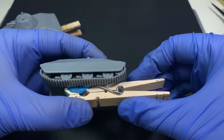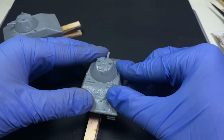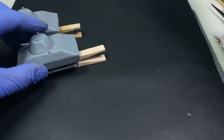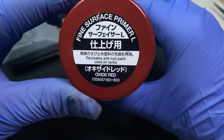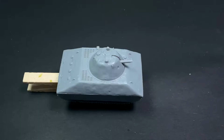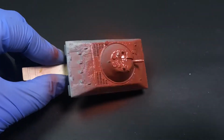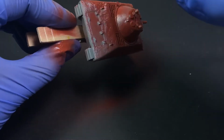A good way to hold on to your models without touching them is using this Loctite blue tack, or whatever kind of poster putty that you can find that helps stick to the underside of your models. And a perfect way for priming this model is with some German red oxide primer, as they used in real life on their tanks. Keeping the spray can a good distance from the model